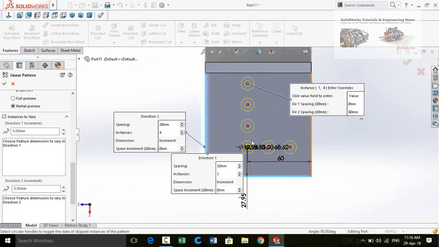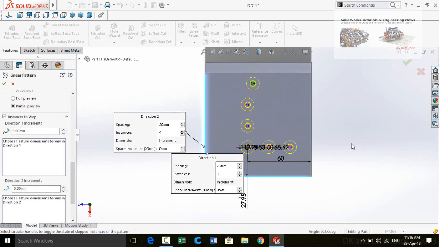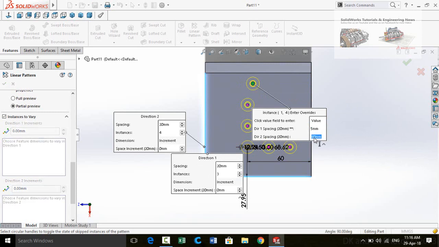In the direction 1, it is 0 millimeter. It is aligned with these instances. So you can also increase or decrease this size. You can also type the direction 2 spacing.